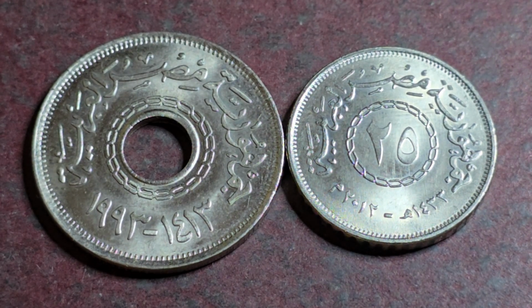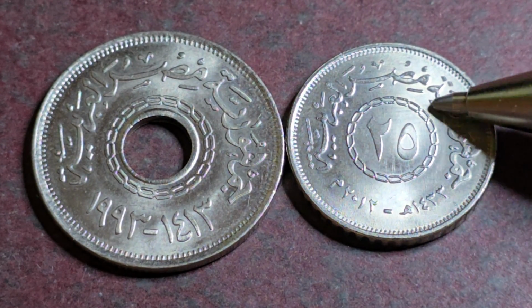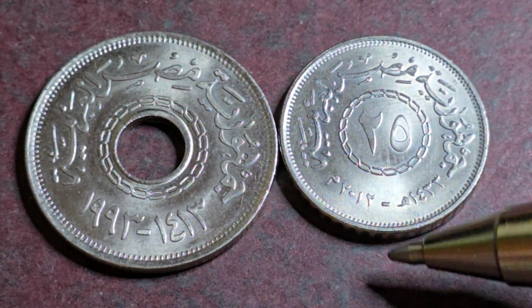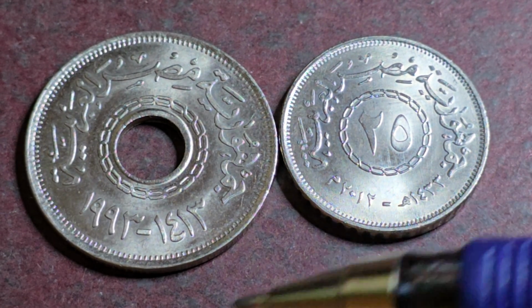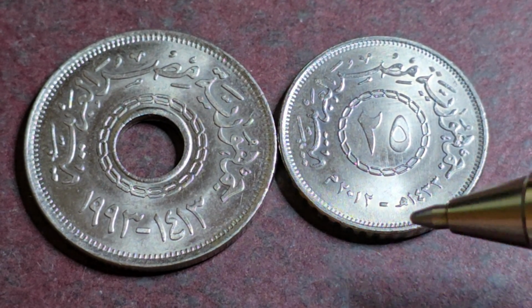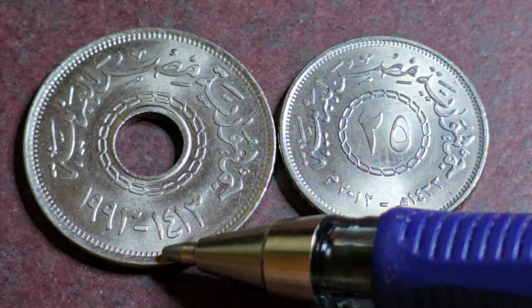Now the 25 piastres is pretty much the same, smaller, except they made a change. They don't have a hole in the center, they just have the Western Arabic numerals for 25. Date, this one's 2012, so they're still minting these coins, and these are either minted in the UK, or most of them are probably minted in Egypt because they have their own mint. And 1993,